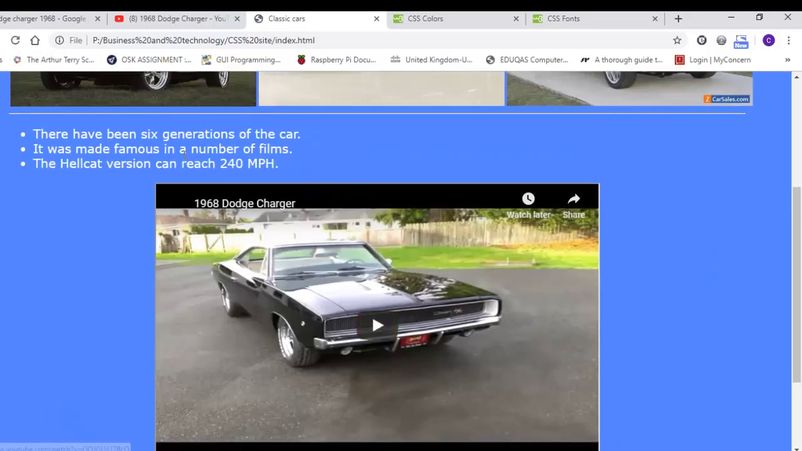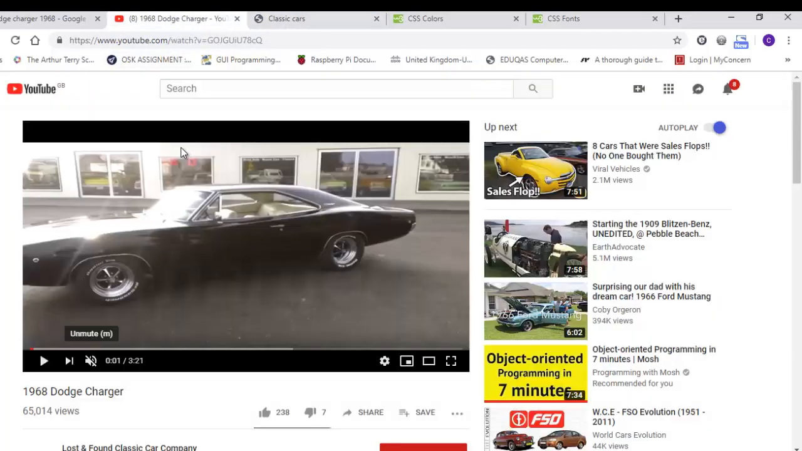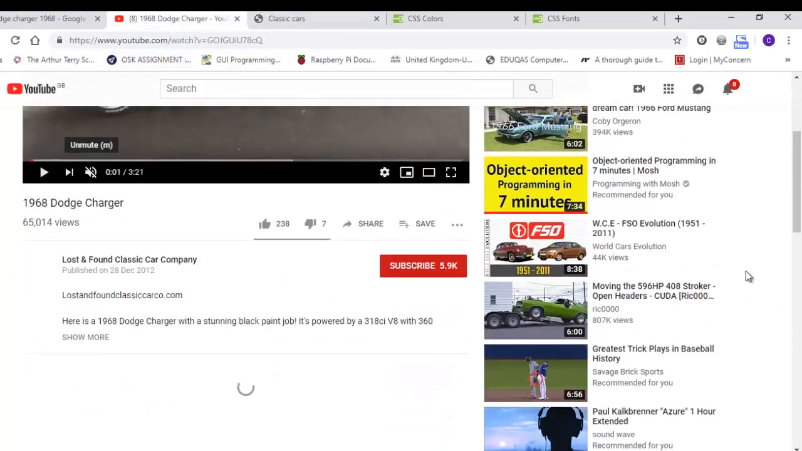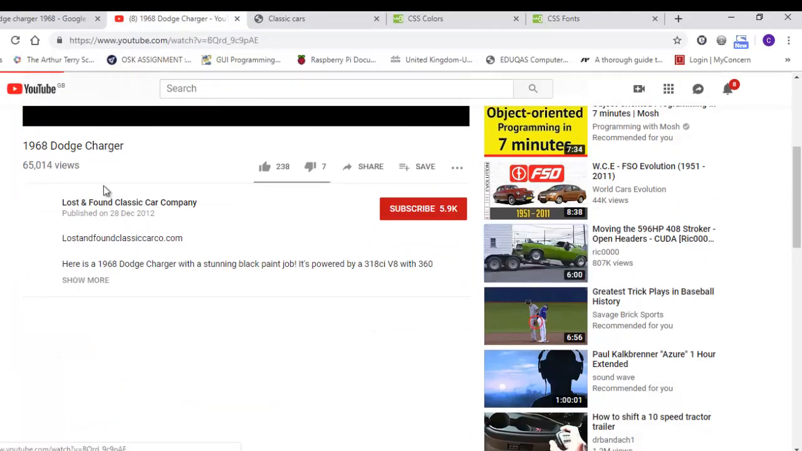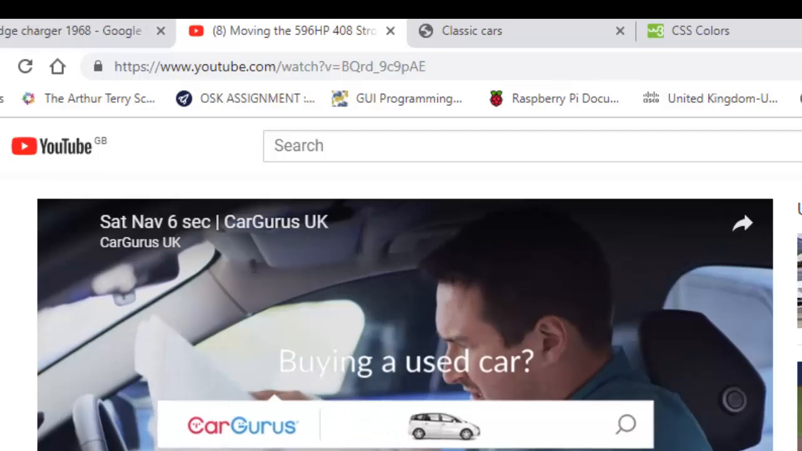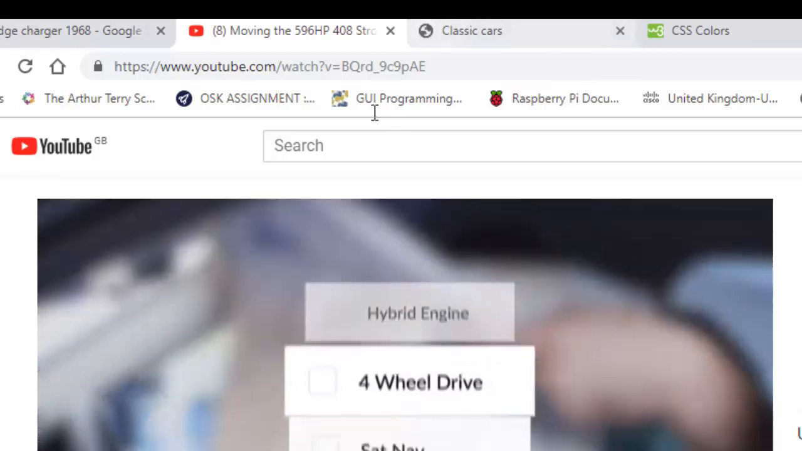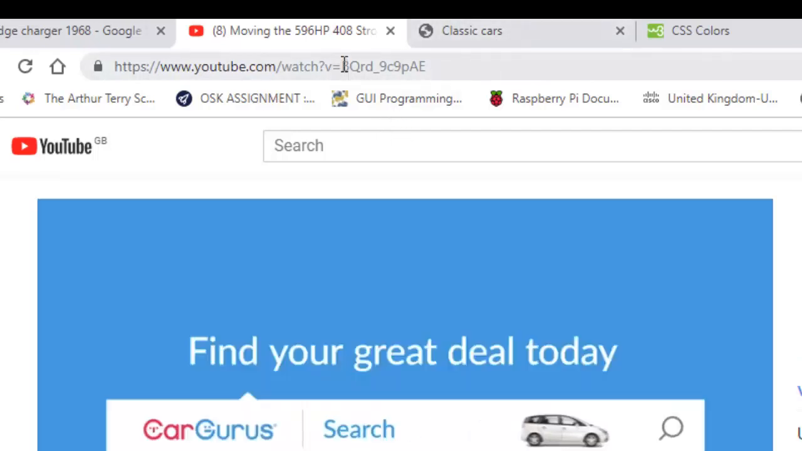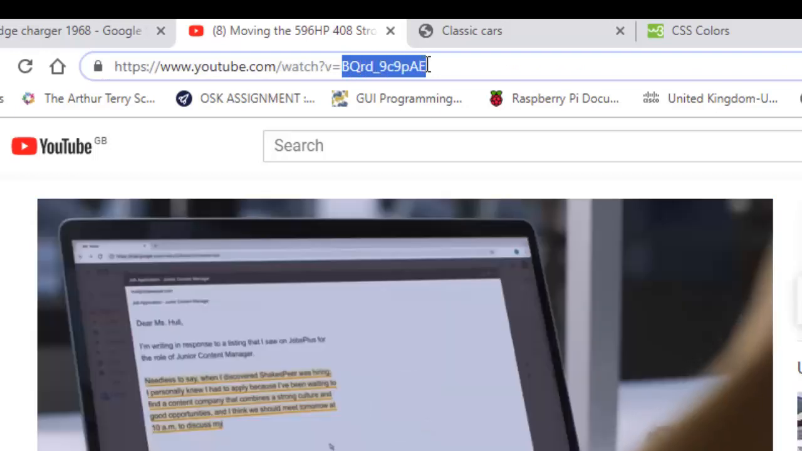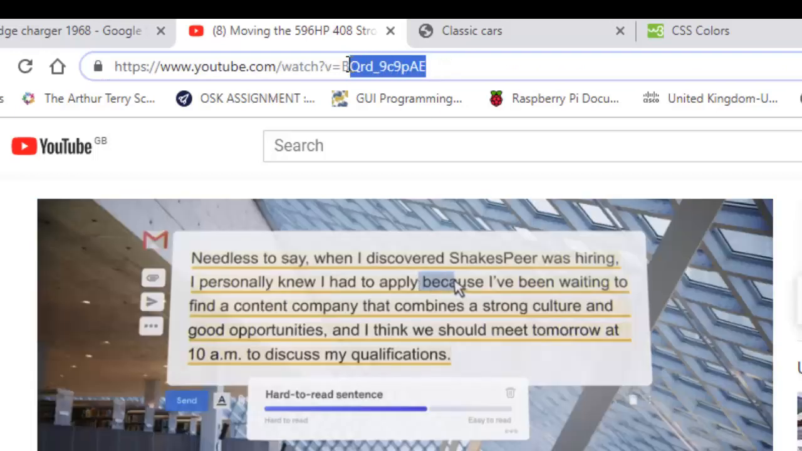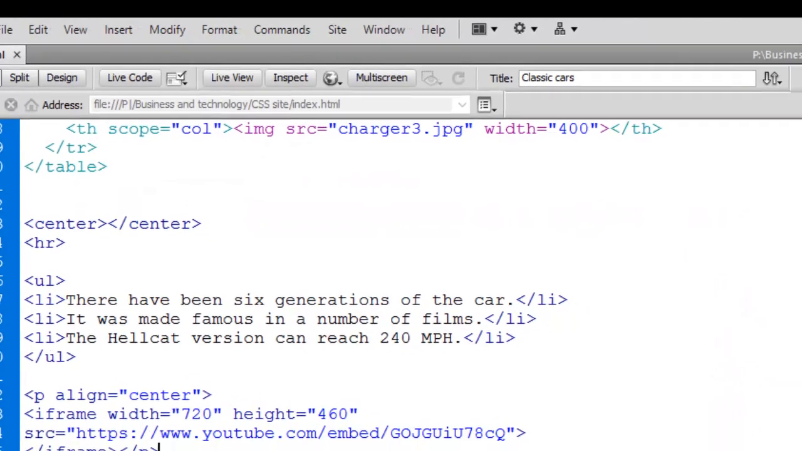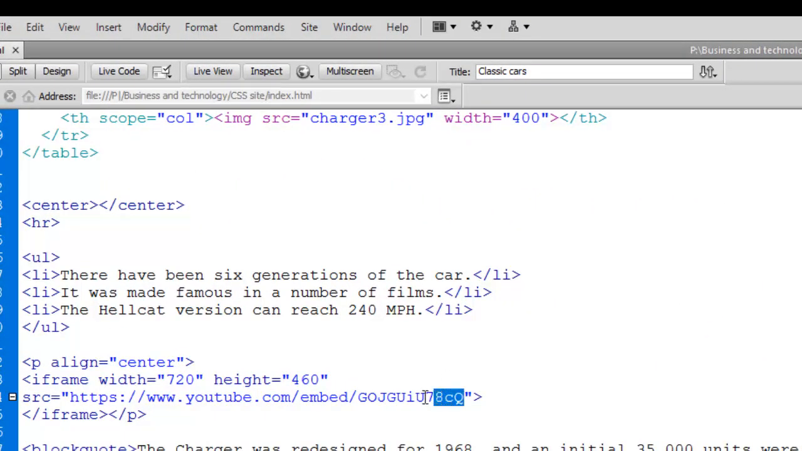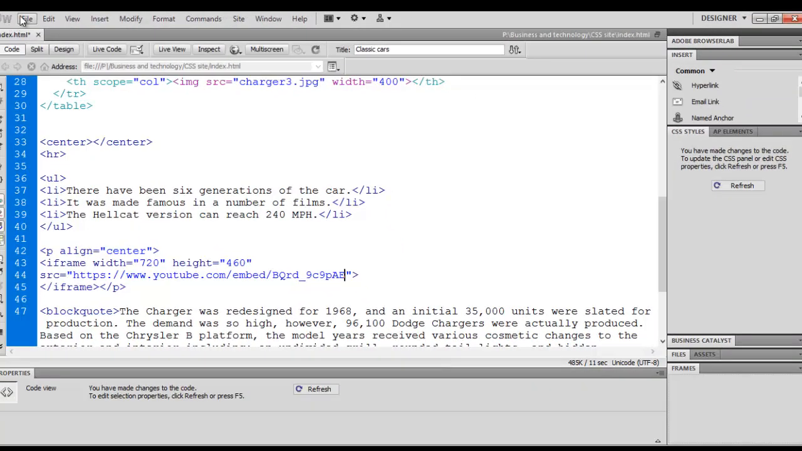It might be that you don't want that video. If you wanted a different video, just for argument's sake, I'm just going to click on that. Doesn't look massively interesting, but anyway, what you're looking for is this bit of code here, after the equal sign. If you just copy that, go back into Dreamweaver, and then you can just swap that for that. Save it,